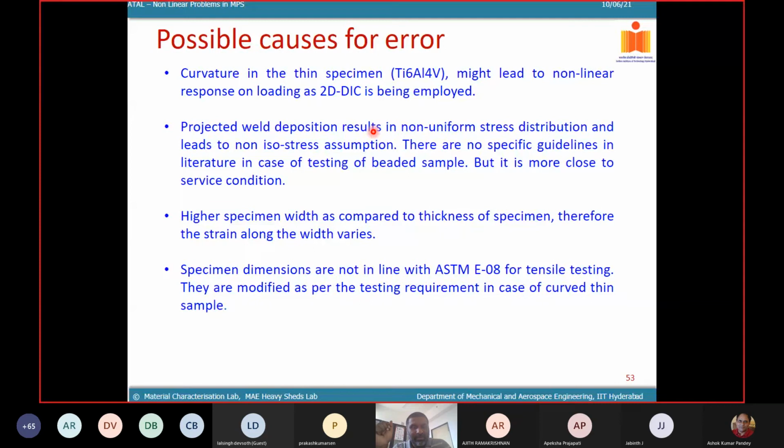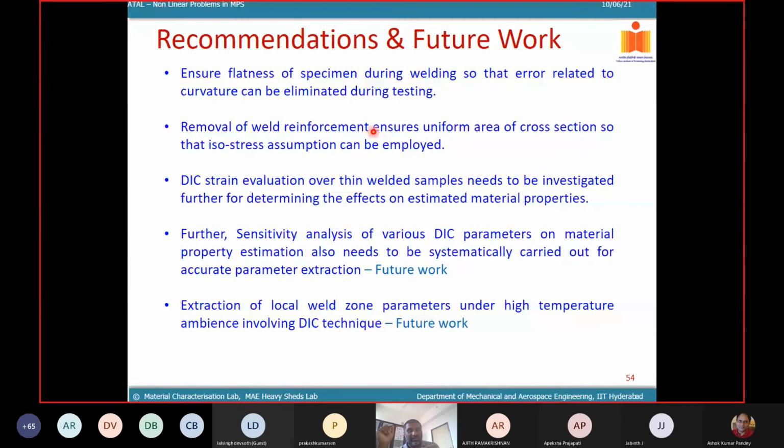So the curved sample is always a challenge for measurements, even for DIC. We need to look at the error it generates and how to delineate this error towards accurate measurement. This is an ongoing work. So you might ask, what is the necessity of such studies? The point is,